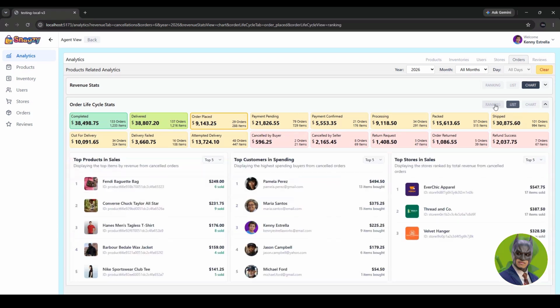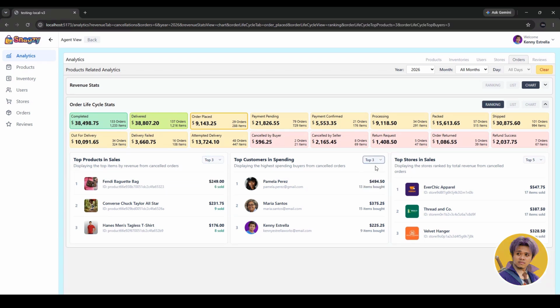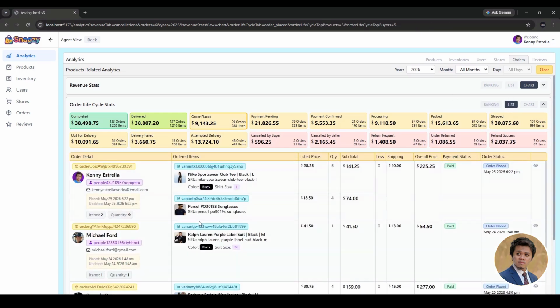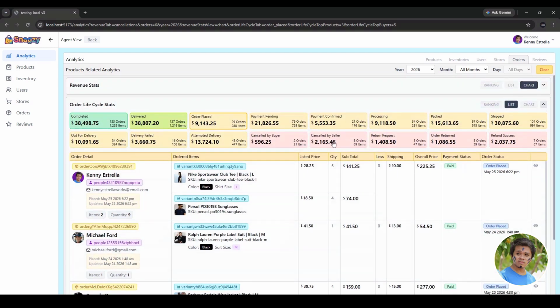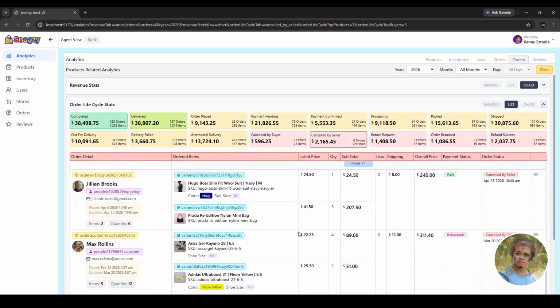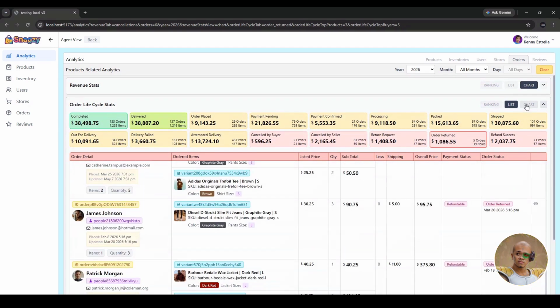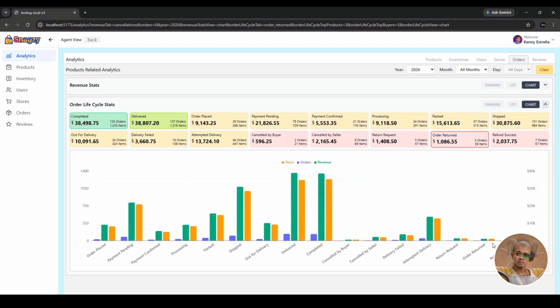It will also show you a ranking. We can filter the ranking by top 3, top 5, and so forth, depending on how we set it in our code base. It will show you a list of orders that fall into the clicked lifecycle. These functionalities would have taken me weeks or months, but because of AI, it was a faster fix.